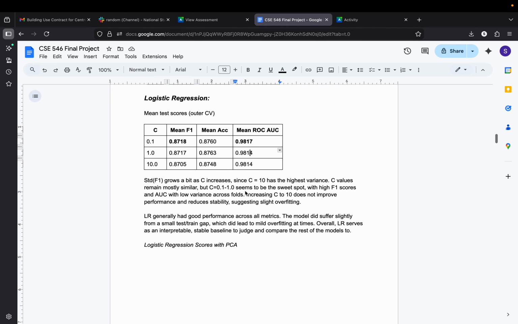But then actually moving on to the actual classifiers themselves. With the pre-processing fixed, I tuned each classifier separately. For logistic regression, I varied C over 0.1, 1, and 10 with L2 penalty. The outer cross-validation results with the accuracy are